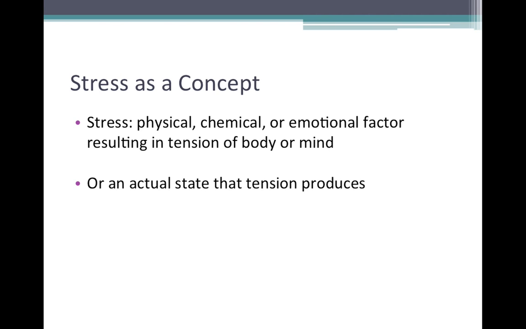Now, one thing that can take us away from homeostasis is stress. And stress isn't always emotional. It's more commonly used to describe emotional factors, but stresses can be physical and chemical on the body, but ultimately they lead to tension of the body or mind. And the stress, if it's severe enough, can actually lead to changes that can be damaging in our own bodies.